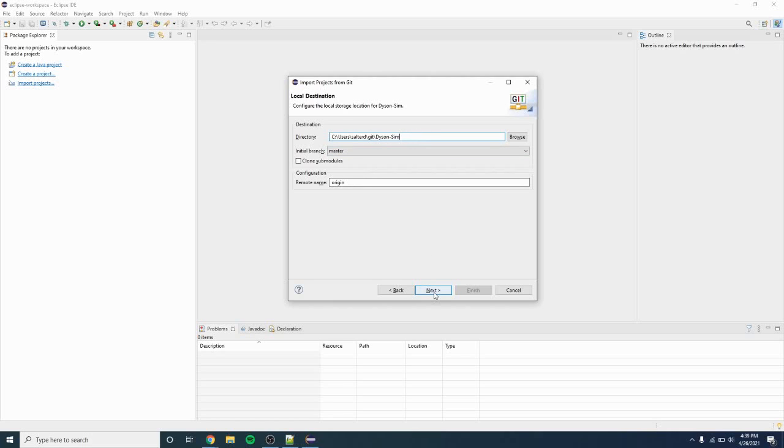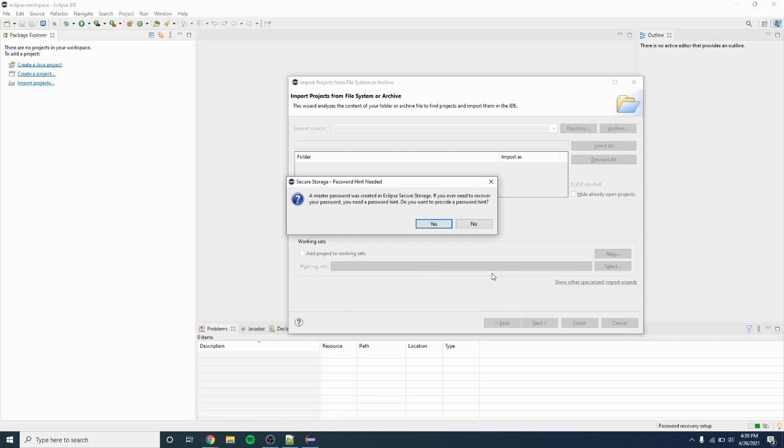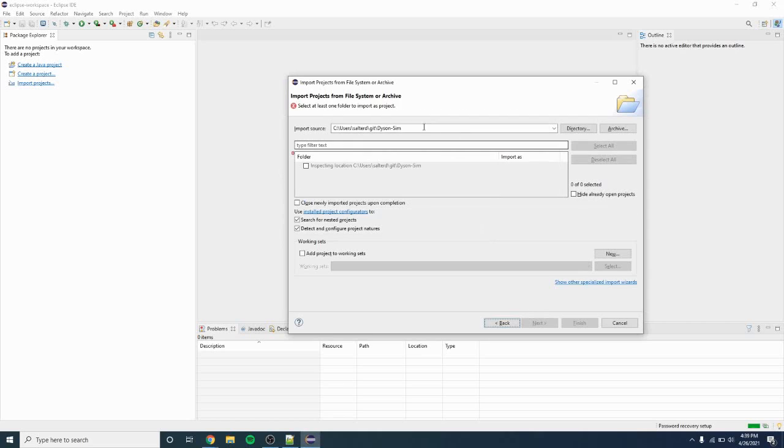You don't need to change anything here unless, of course, there's a conflict here for some reason. You can go to Next. And after it's finished cloning from GitHub, that's a first-time setup type thing, so that might not be something you have to deal with. I'm going to say no because I'm probably not going to use Eclipse after this, but